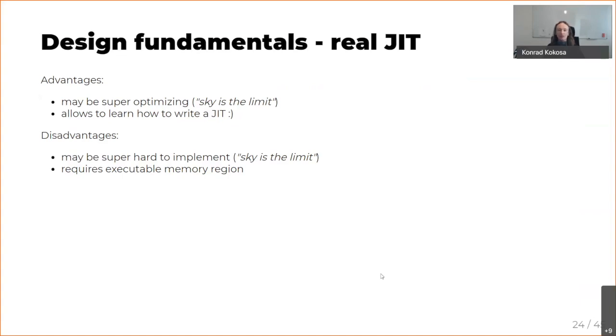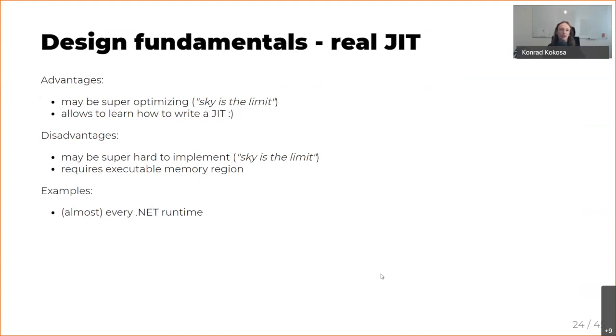It takes a lot of people a lot of years probably to write something sophisticated enough to be production ready. And it has this disadvantage: it requires an executable memory region, because we emit instructions that then will be executed as a regular application. And almost every .NET runtime is using this approach.